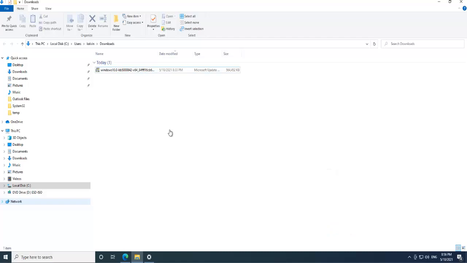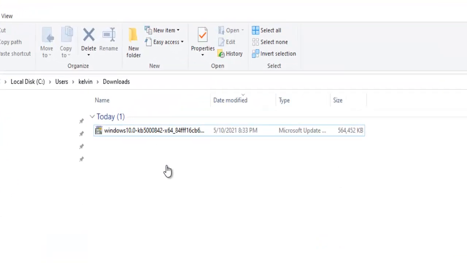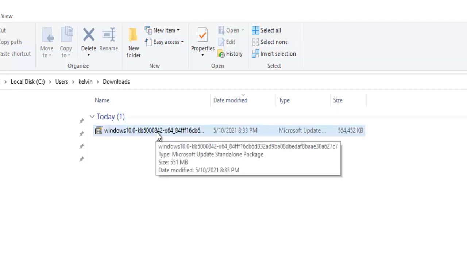So I want to show you how to resolve a problem with Windows Update, when you try to install a Windows Update and you receive the error message which says the update is not applicable to your computer. So here, let me try to install this Windows Update that I downloaded from the catalog